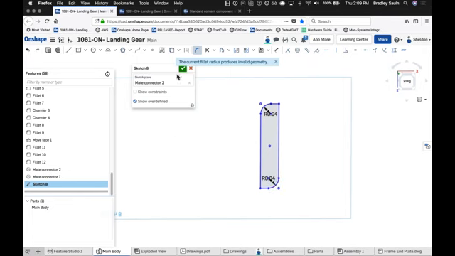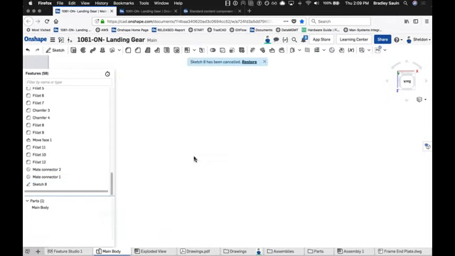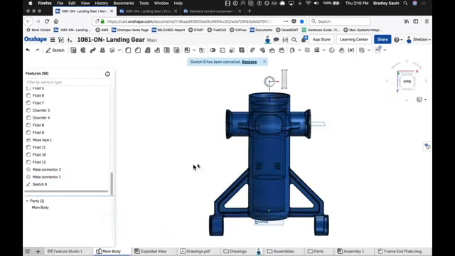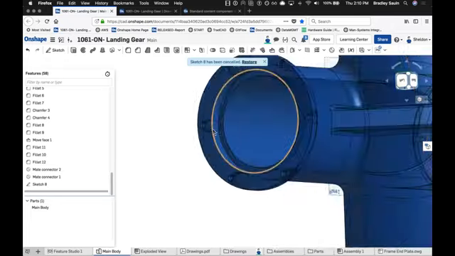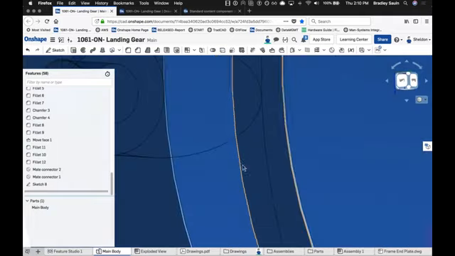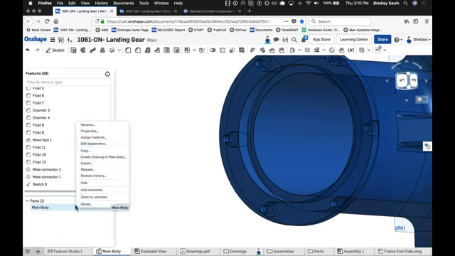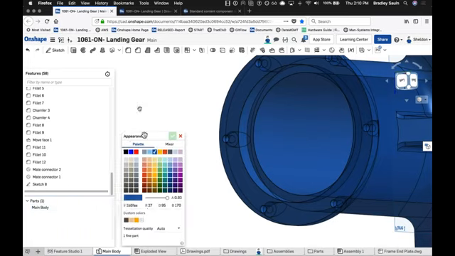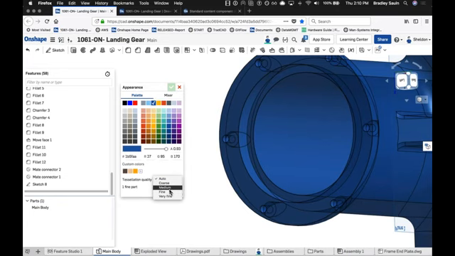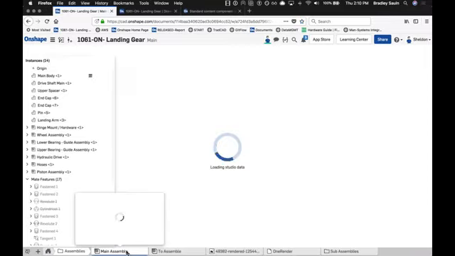Now, in terms of just designing, there are a few other things to cover. As I'm working on parts and pieces, I may have instances where they're super large or they're very small and finely detailed. And we do start to tessellate the images as we zoom in and out of them. You can start to see some flatter edges as we go along. In the past, we've always had the ability to actually edit the appearance of a part and force a tessellation quality onto it. Now, I'm not sure if I'm going to be able to get this to give me a good example in this use case, but if we jump over to, say, the assembly of this part,